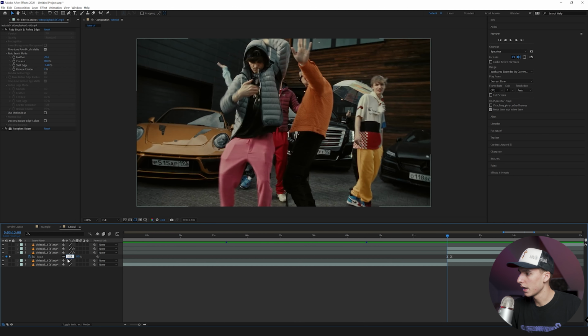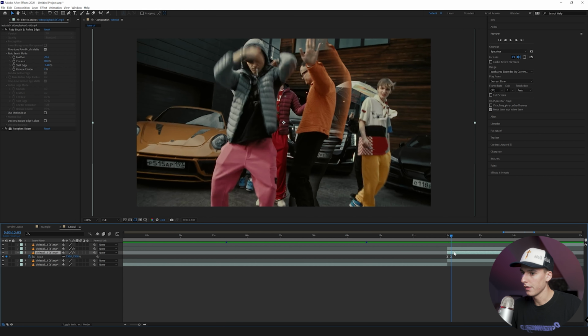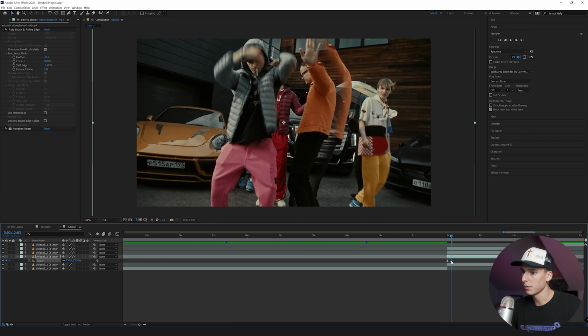And my bad, I keyframed it to 0. Keyframe it to 100, and then go 3 frames to the right, and keyframe it to 130. And you can see it kind of zooms out like that, and then you can just Control D, and I would click on the bottom layer always.